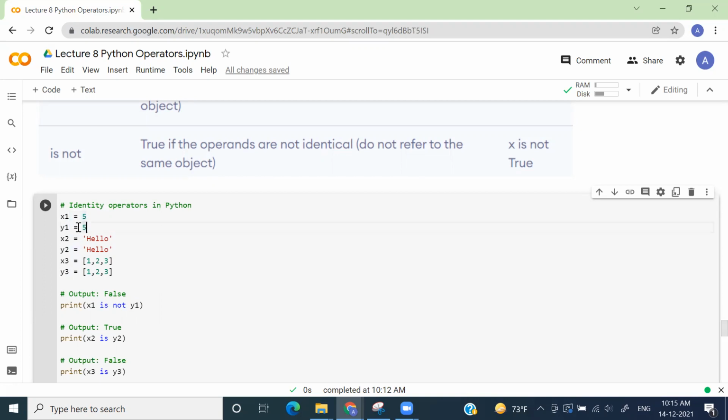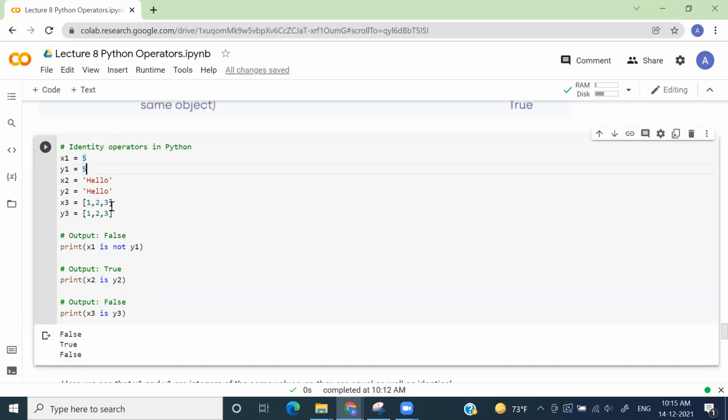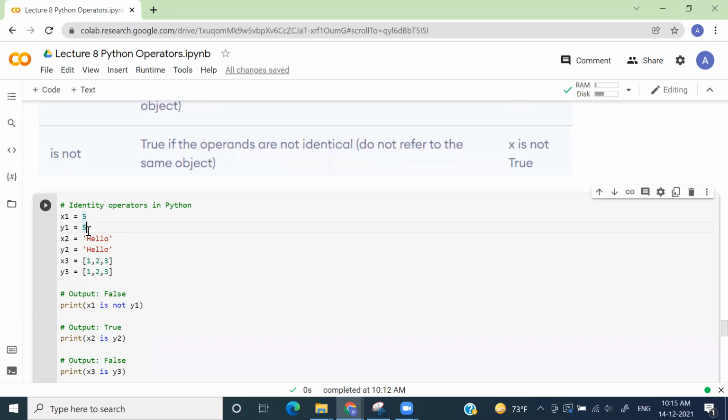Is x1 equal to y1? Yes. Yeah, correct. But what we have written here is not. That means whatever you're thinking, you just have to negate it. So the output of this line is false, because as you mentioned, this x1 is equal to y1, right? Because they both are holding 5, right?